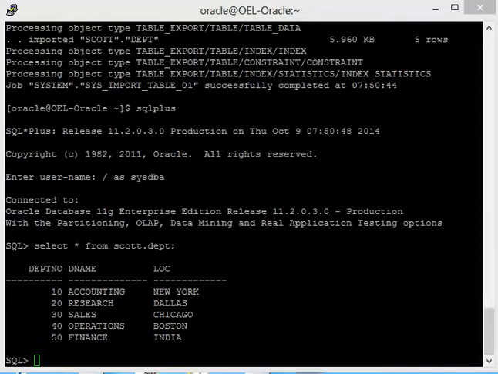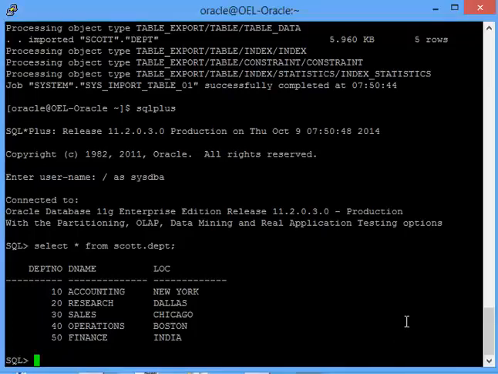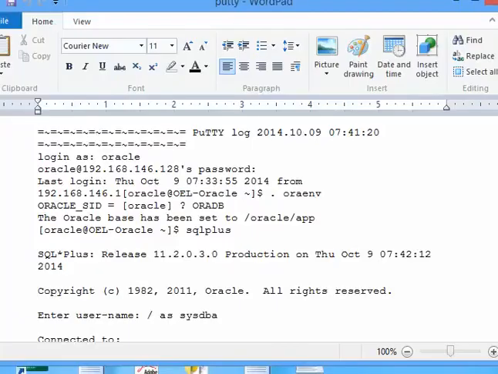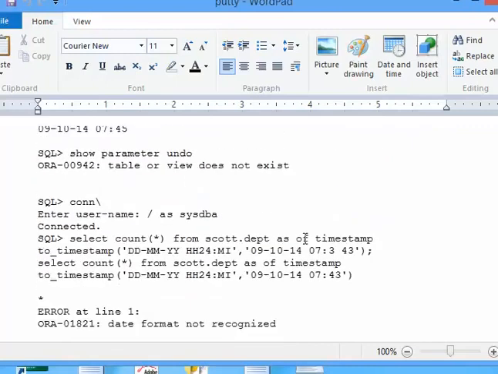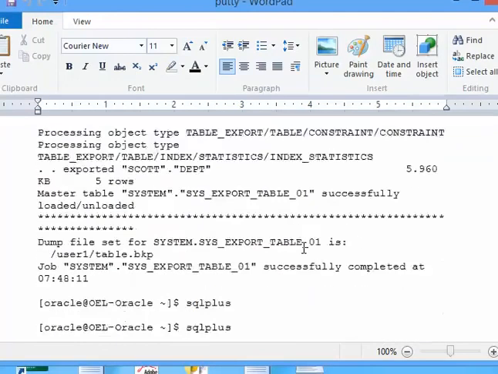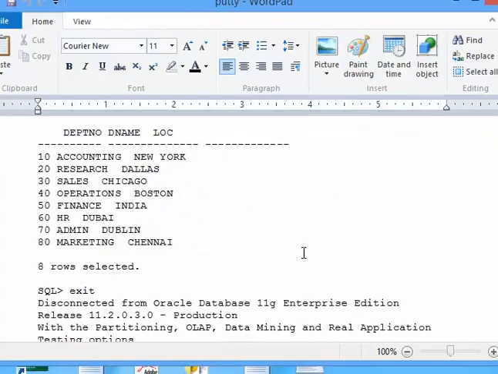give me a minute, I'll be showing you something. Now what I'll do is I'll close this. So now if you can see, whatever I have done since the beginning of this demo has been logged in this text file. So this will be helpful for you to go back and revise.